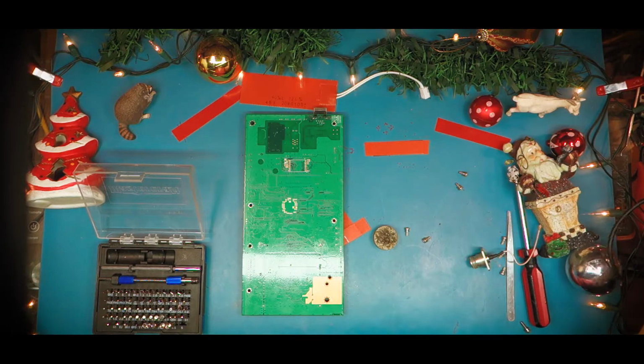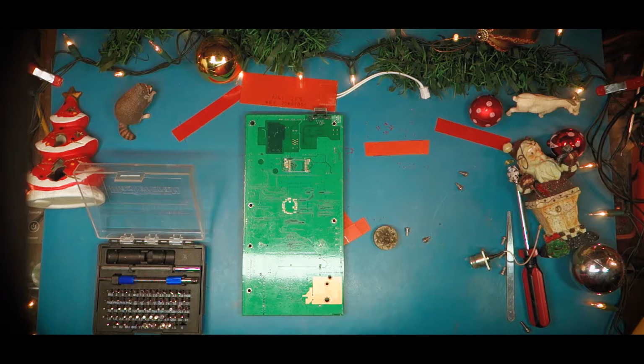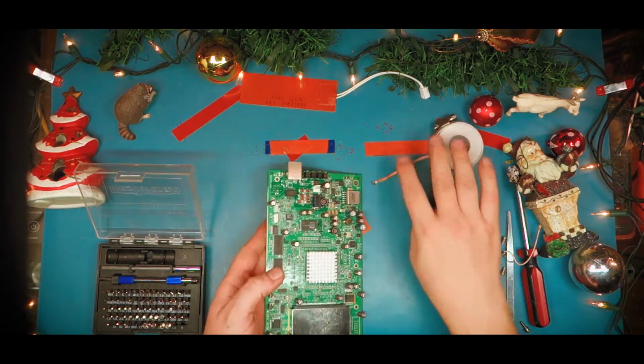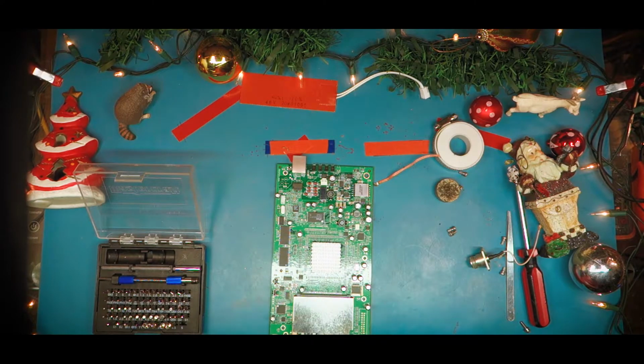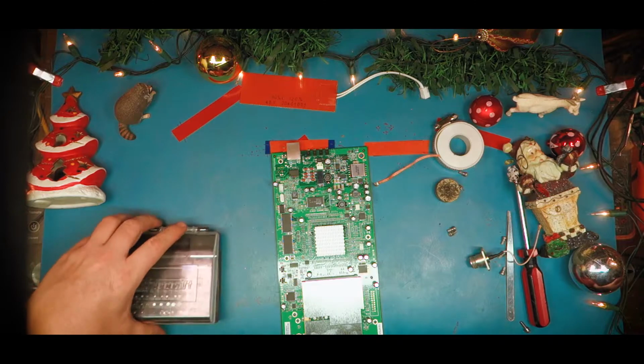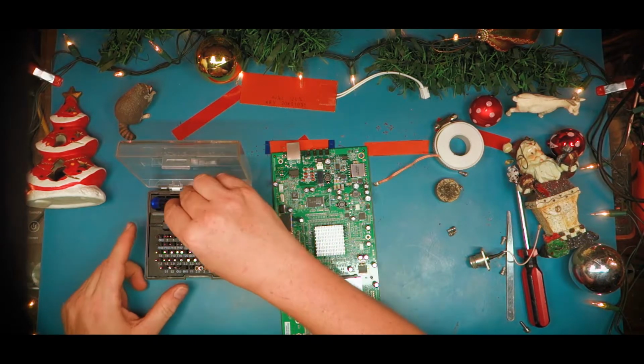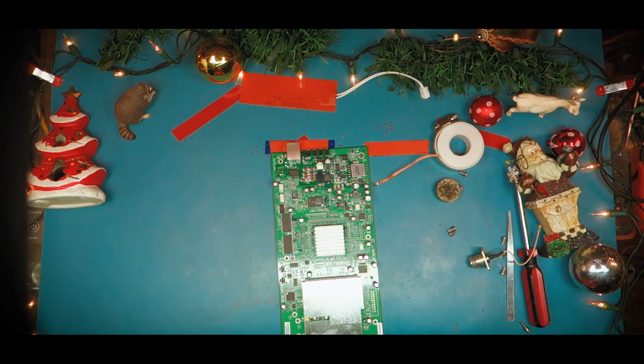You know what? Realistically, why am I wasting my time desoldering? This thing is not really something we're going to salvage or reuse anymore because it's kind of obsolete. So let's just very delicately cut these stands for it. Let me put my tools away here. I love this tool set. There we go. Okay, so let's carefully...